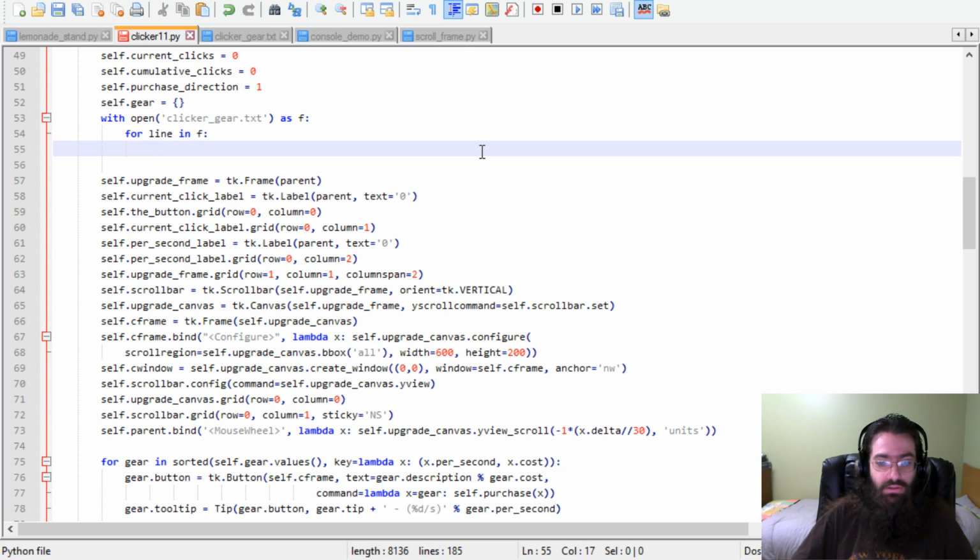File objects can be directly iterated over, and they will automatically produce one line between each iteration. So if you have a text file with ABCD on one line, line 2 is EFG, and the next line is HIJ. For line in f, if you just did print the repr of it, you would get the first line being ABCD with a new line at the end, and then